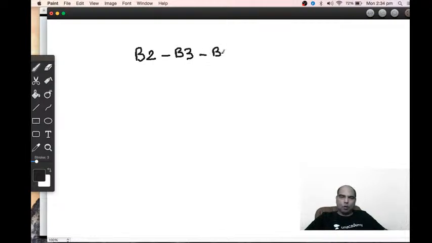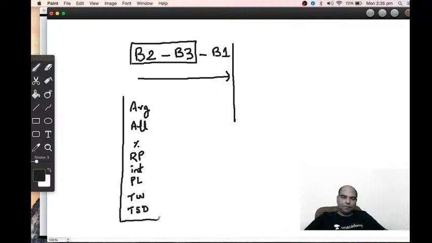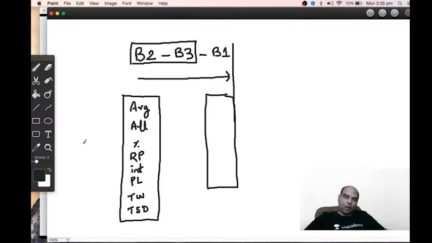is this: block 2-3. This should be your first target. Block 2-3 is the arithmetic part. Average, allegation, percentage. इसमें जो chapters हैं वो average, allegation, percentage, ratio, proportion, interest, profit and loss, time and work, time, speed, distance. ये 8 चैप्टर हैं इसमें, block 2-3 में. And then you go to block 1, and when you are visiting a chapter in round 1,